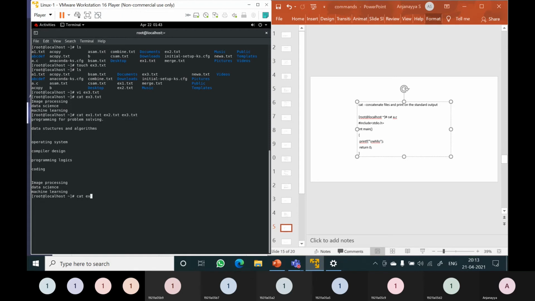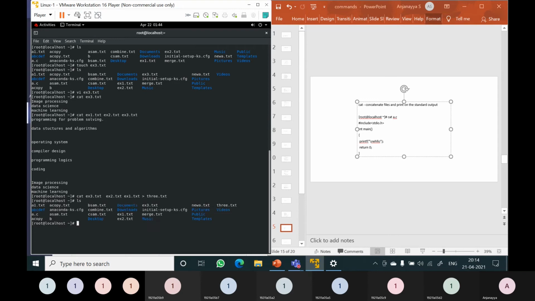cat ex3.txt ex2.txt ex1.txt greater, and I will give 3.txt. So I want to store the contents of ex3.txt, ex2.txt and ex1.txt into a new file named 3.txt. Enter.